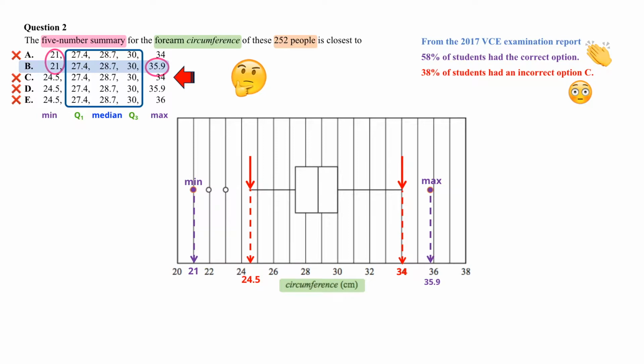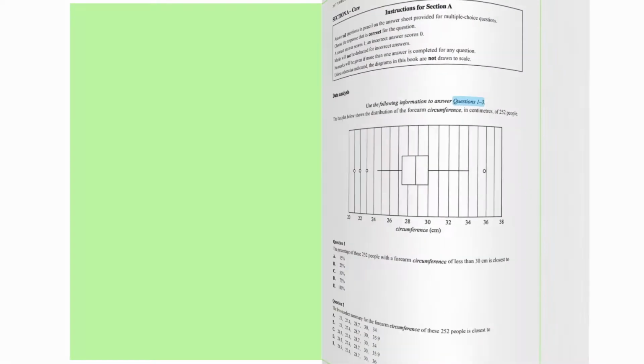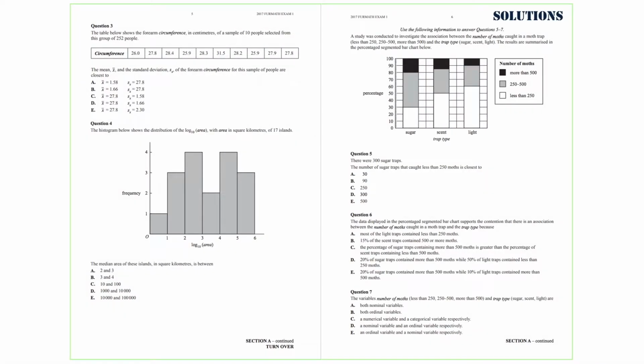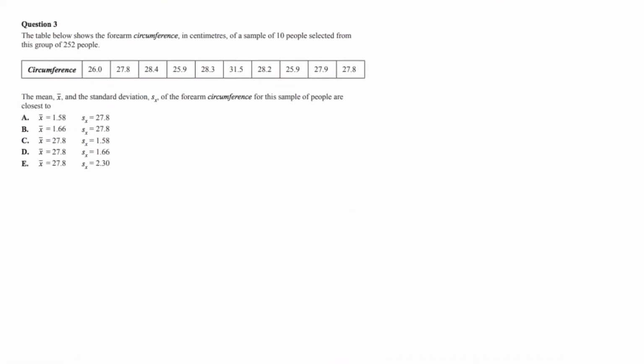determining the 5-number summary. Question 3 is still related to the data in questions 1 and 2. However, this time we are given a table of values that shows the forearm circumference in centimeters of a sample of 10 people selected from this group of 252 people. The question is asking to calculate the mean, x bar, and the standard deviation, Sx, of the forearm circumference for